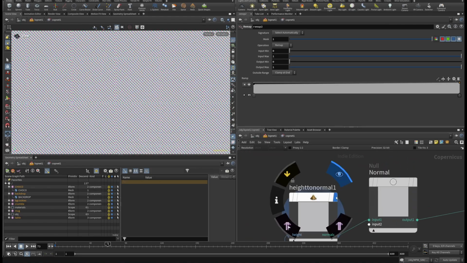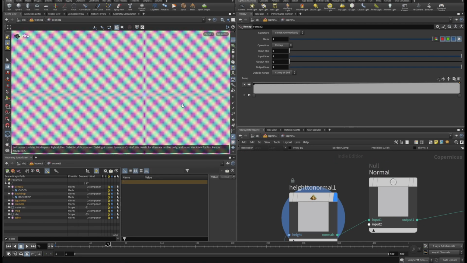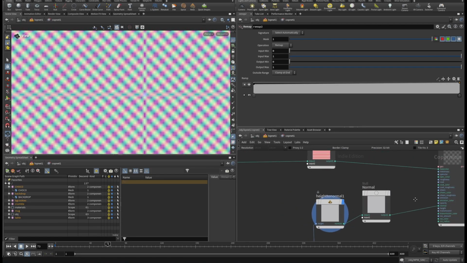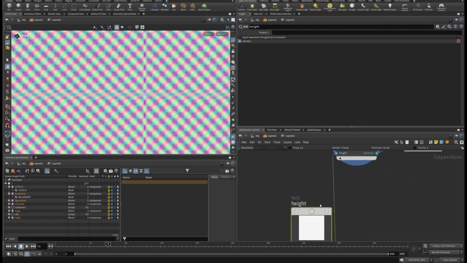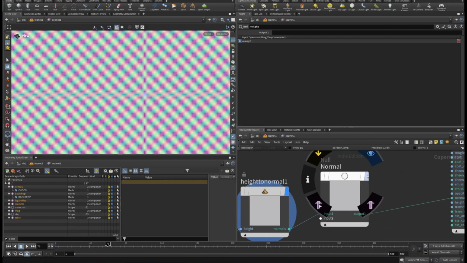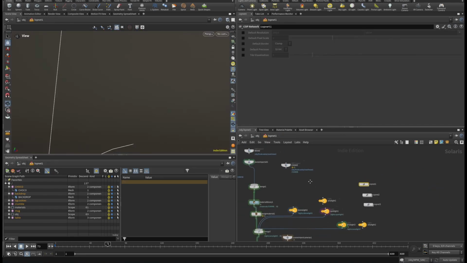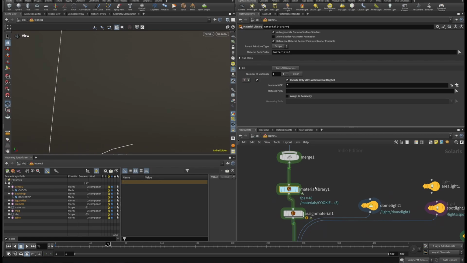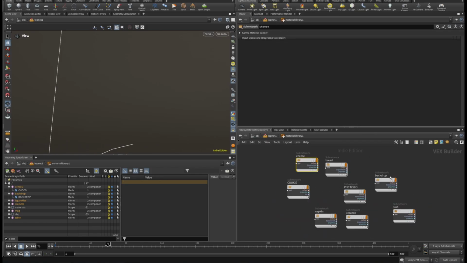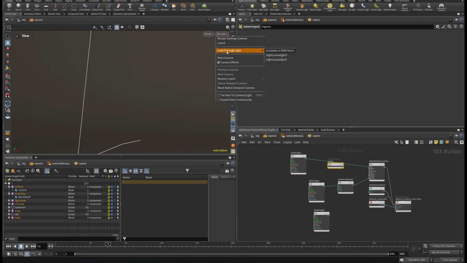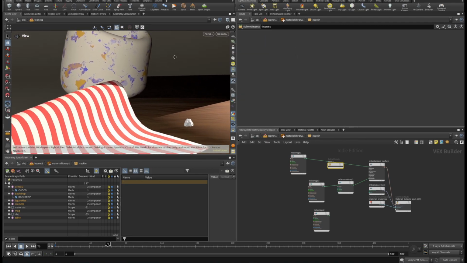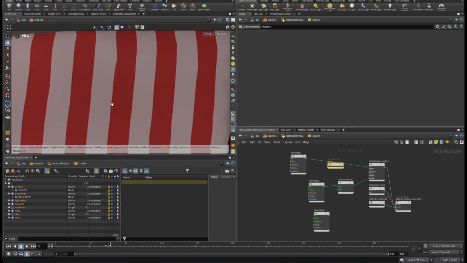And then I've placed a height to normal because I decided against using just the height geometry in my render. And now I've put a null named normal. So to call this in, I would go into my material library and pick the napkin, for instance. And the great thing about this is you can see it as you're doing it